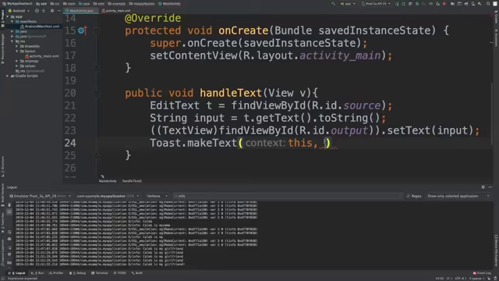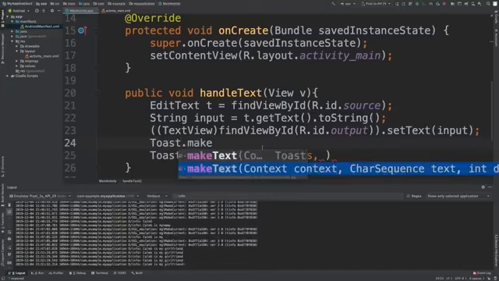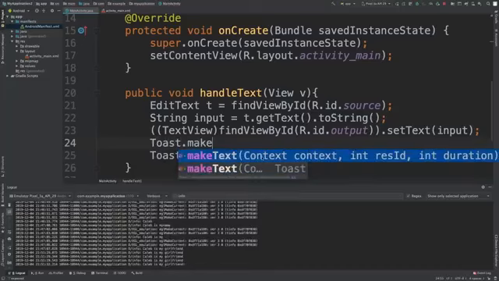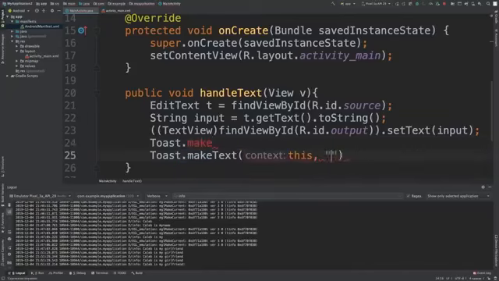All right. Next up, we need, what was it? I forget. So what we can do is go on a new line and take a look at the signature, makeText, and look at this. You can go through here and see what it expects. So it takes a CharSequence. So let's just put in the message there, I believe. And then the third thing is the duration. So we will say alert. And then lastly, we'll say